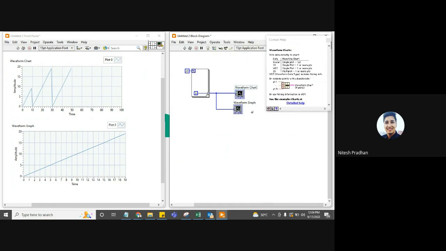Waveform chart is a collection of single entities, single numbers. Waveform chart is a representation or collection of individual numbers, single numbers. But waveform graph is a collection or group of scalar values. But waveform graph is a collection of